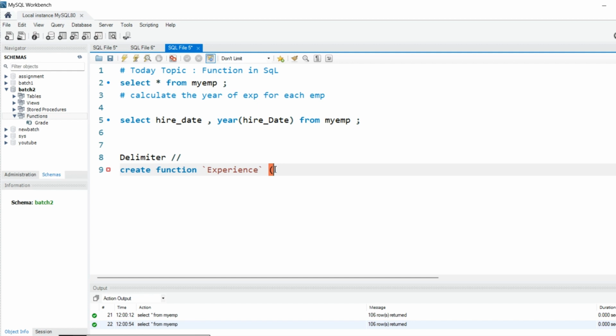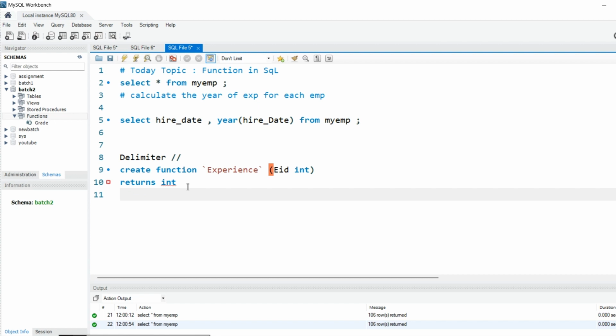If you want, you can use X also. Okay, I will use EID, and the data type we will use is integer. All right, then we will write returns. Whatever data type you have set for the parameter, you have to use the same data type in the return. Okay, I will write integer.